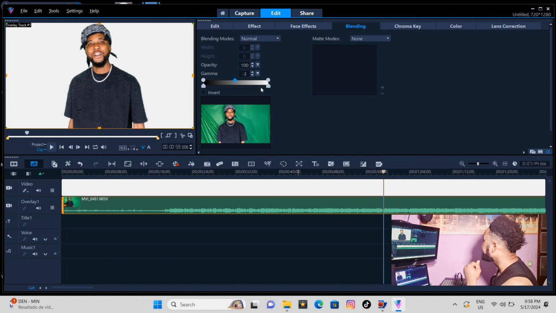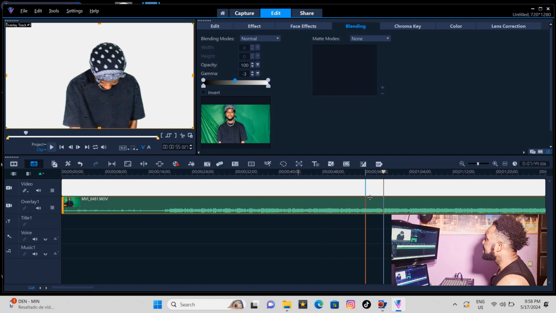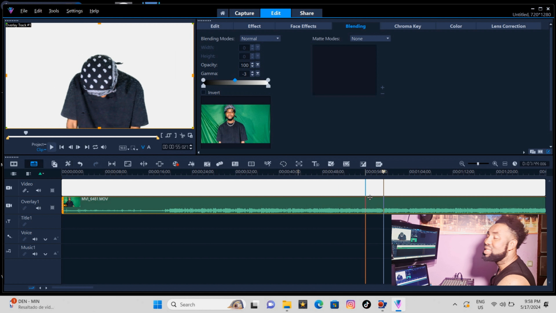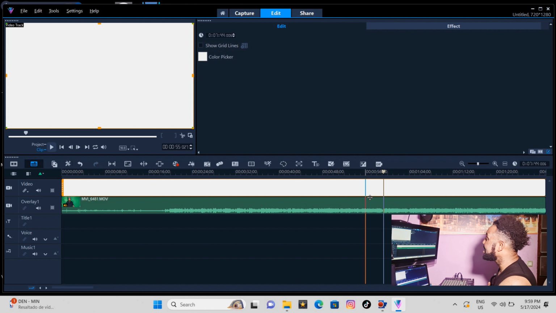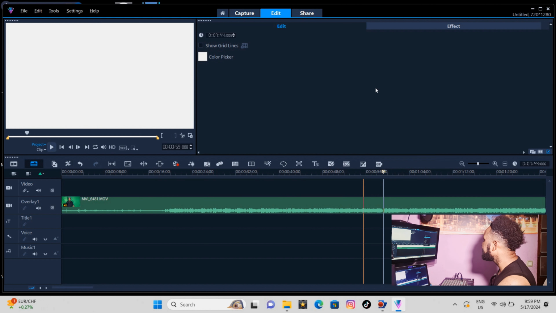So that's okay. You have it. Then the next thing you have to do, the white background always gives you an option to see it clean. Now everything is clean. No noise, everything is fine. Now no green, no nothing. Then the next thing I'm going to do, I have to change the white background, because the white background is not the idea of this video. So you have to click it off.